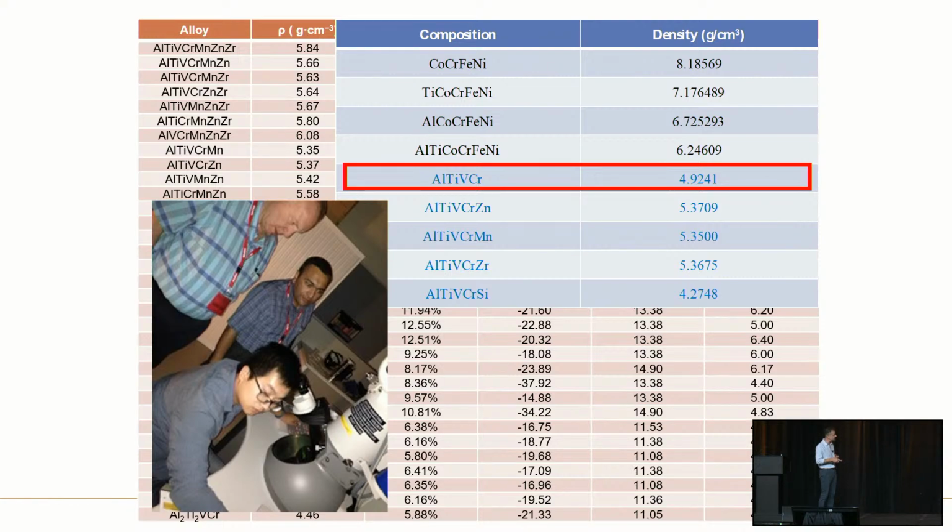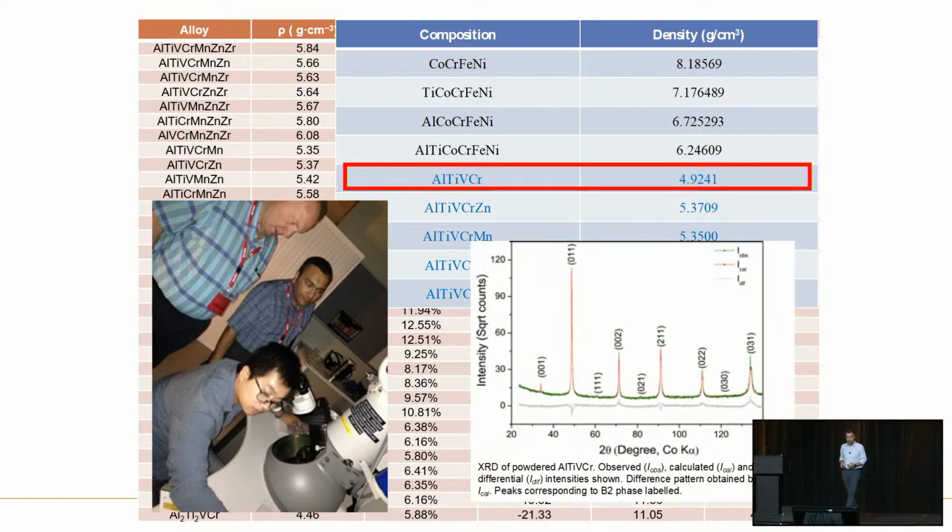And this was a collaborative project actually with Hamish Fraser at Ohio State that helped out with some of the characterization there. So we made the alloy, and it turned out it was single phase. And this XRD pattern was collected on the synchrotron, very high resolution, showing that it was single phase, and it was a BCC phase, but it's a very special type of BCC phase known as a B2 phase, which is an ordered BCC phase.